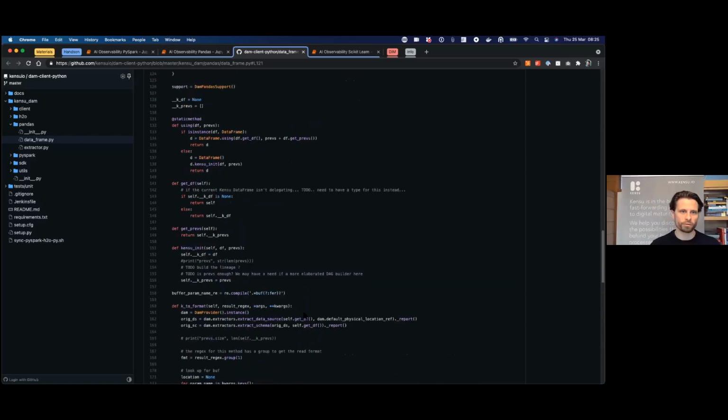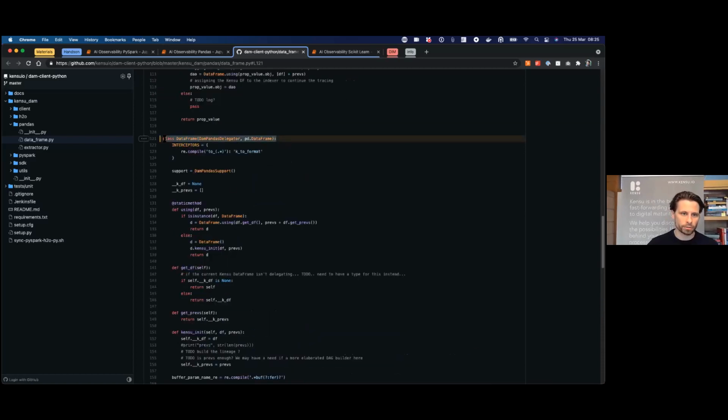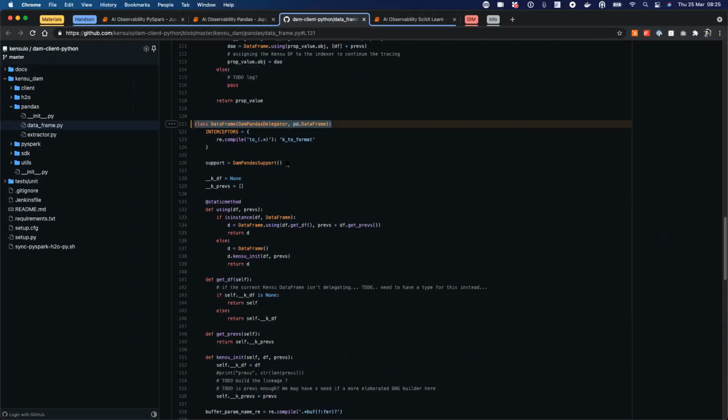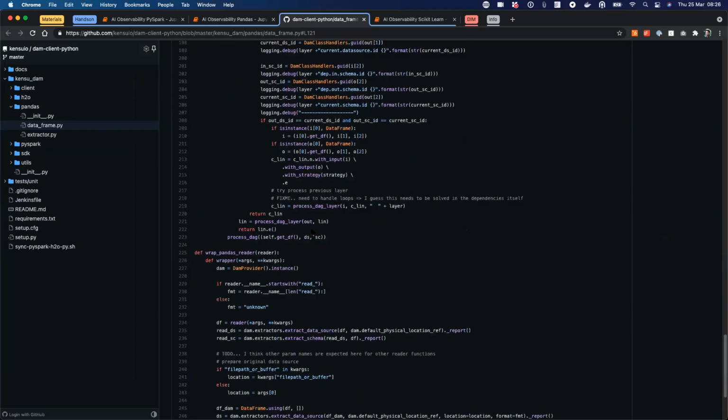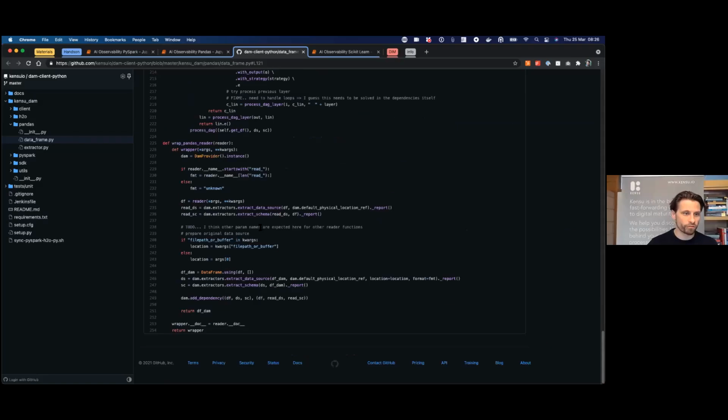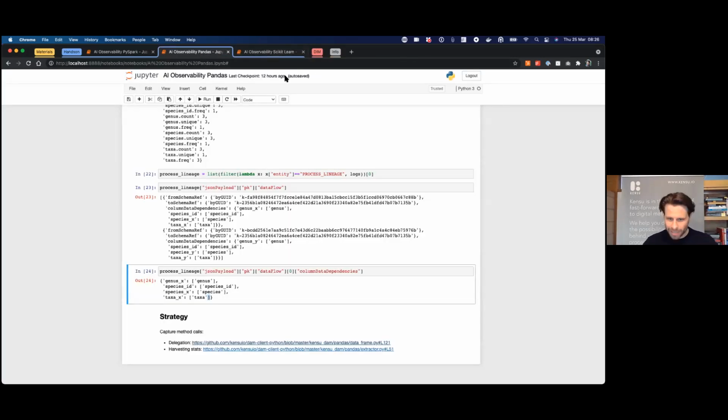What is interesting for you to get here is a strategy that you can use in order to create a library that will be used by everybody without changing much code, right? This is really the key information here. It doesn't take a lot of code, right? If you take the full class, it's like 254 lines for both pandas data frame and series. So it's not a lot of code, right? So that was for pandas. So we have the statistics, we have the lineage.